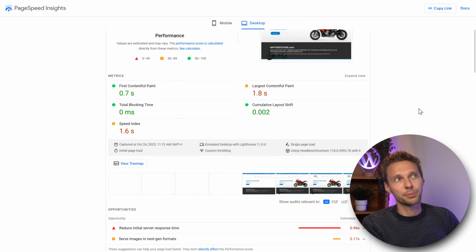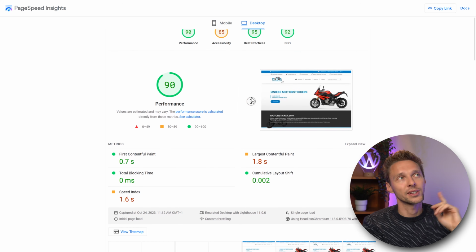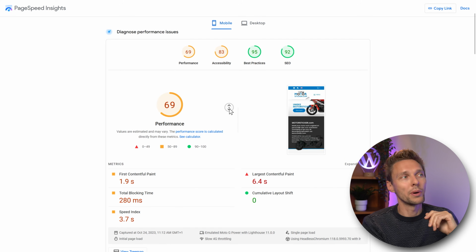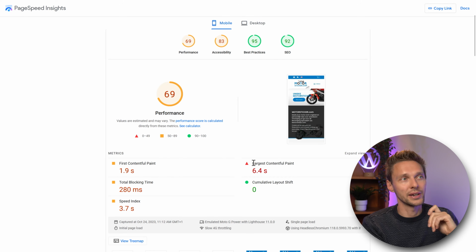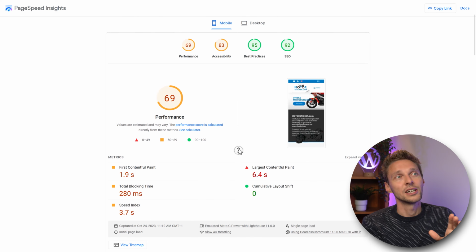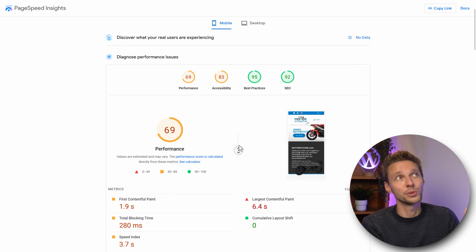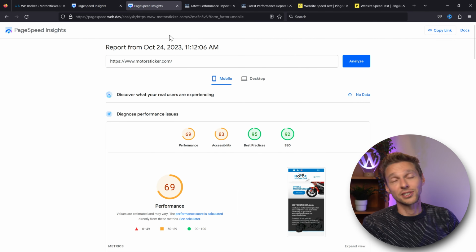All right, we have one big problem. It's the largest contentful paint. If this one is fixed, then all these things would be high in the green. That's the only problem in here. On mobile, it's the first contentful paint. And well, if we fix this, it will change a lot of things. So we're going to optimize the images in just a second to see if that works. I think it will. All right, let's see what GTmetrix has to say.